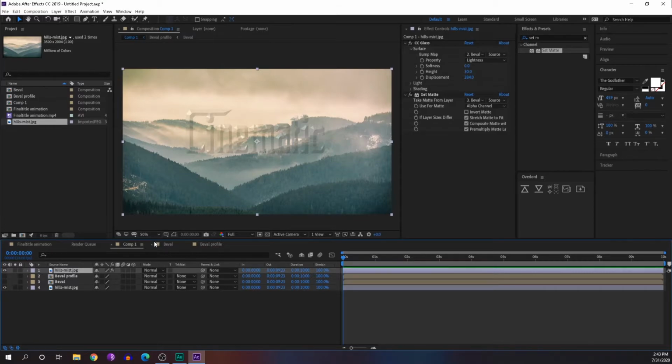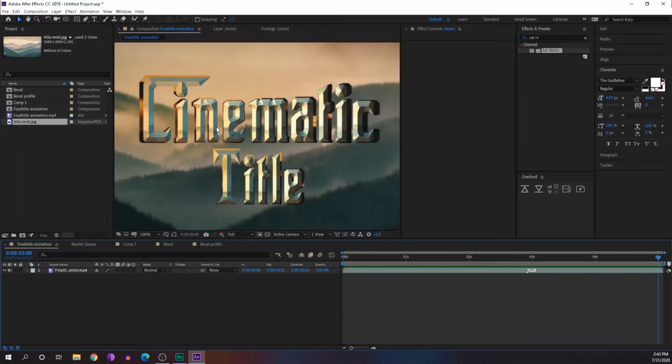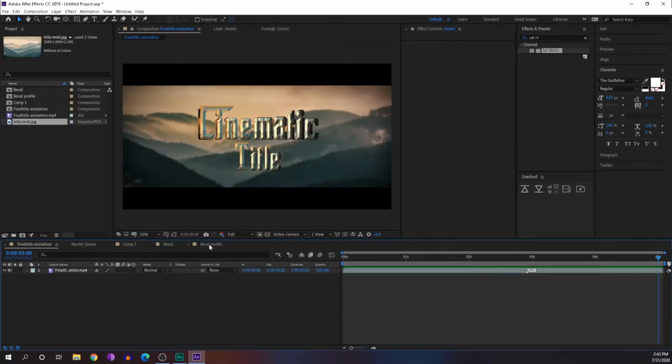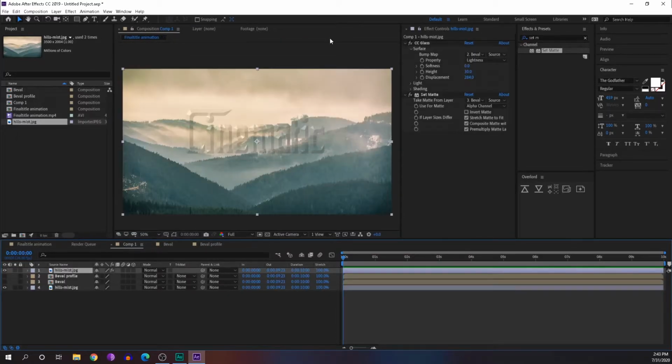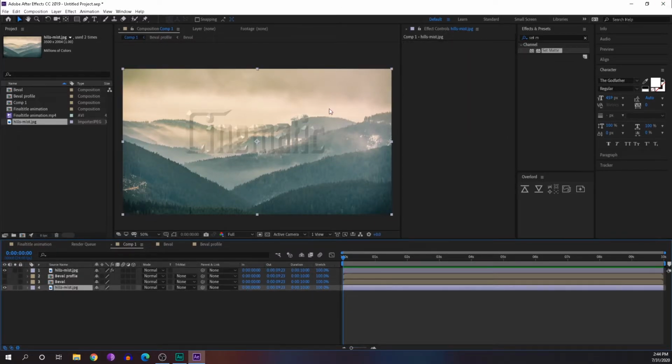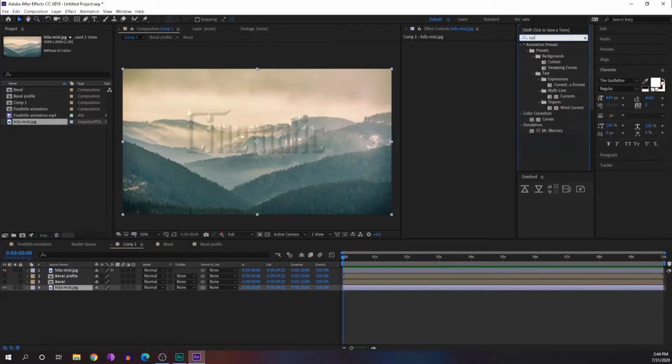Next thing is we have to add extra effects, so it will be more like our final title effect. Here the first thing is we have to darken this background image, so we'll add one curve profile on that. Go to the effect, we'll say curve.